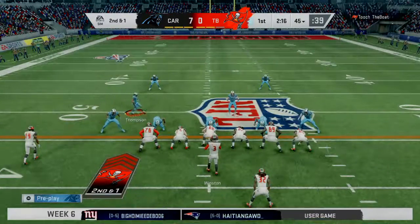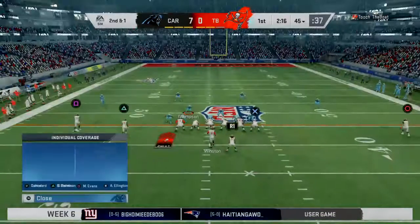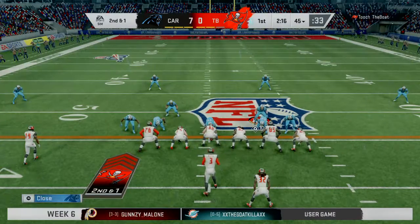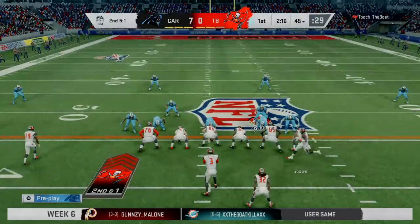Blue ready. Mike's 54. Watch the pass. White. Watch Sam. 54. Mike, 54. It's a party